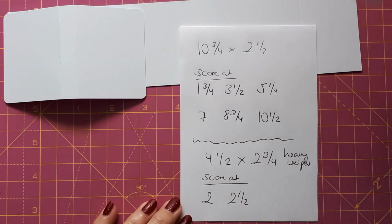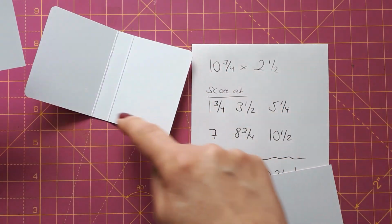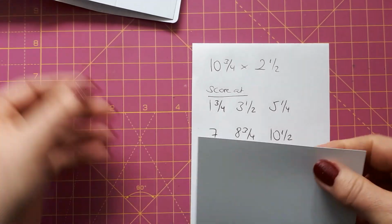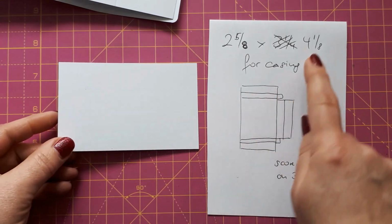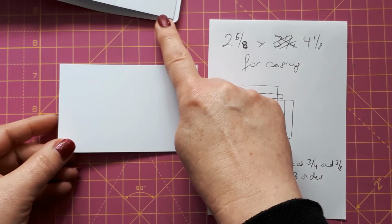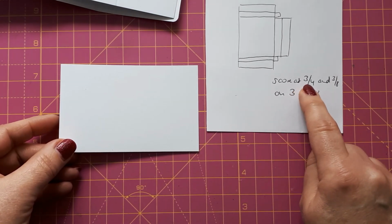And then my idea was, rather than to have these sheets loose in the book, which you can have, I wanted to have a little casing that this keeps in place. And for that, I have created a panel that is 2 5/8 in height and 4 1/8, because we need this to be a little bit bigger in the end than the panels here. And we're going to score this now at 3/8